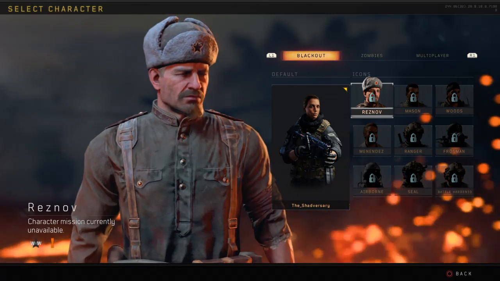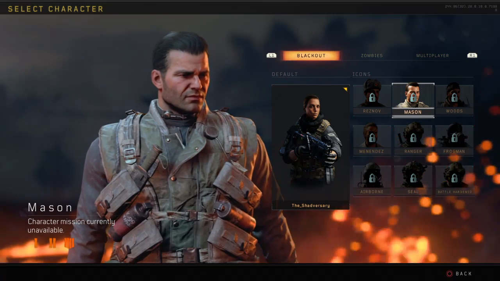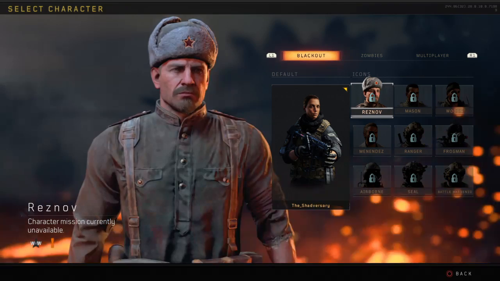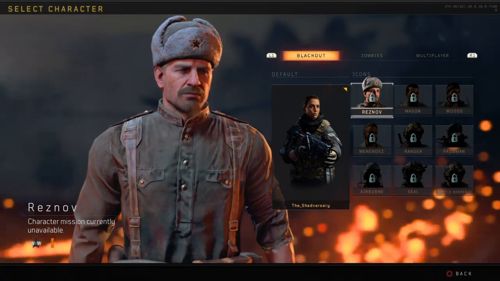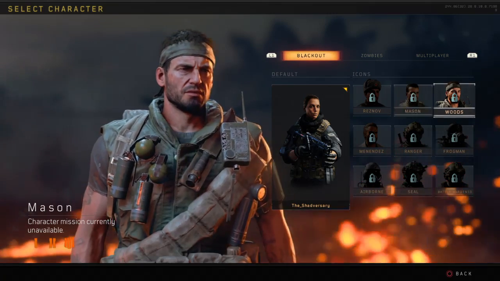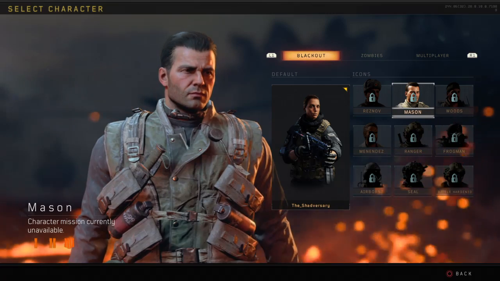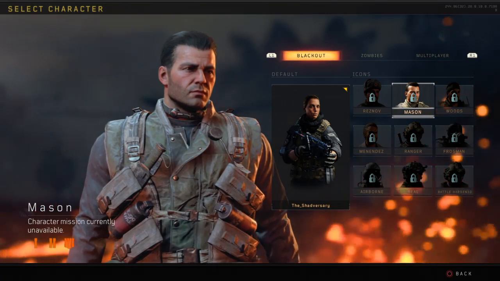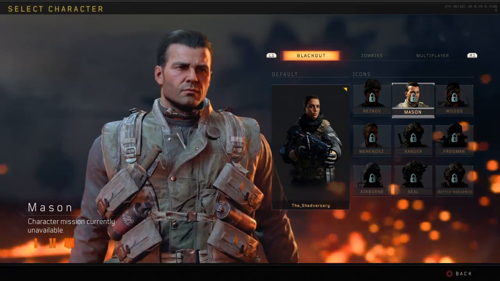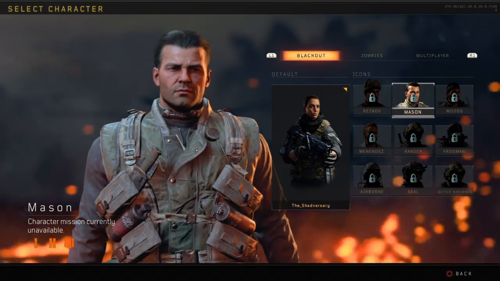I haven't figured out just yet how to unlock these characters. You got Mason from the original Black Ops, and then Reznov from World at War and Black Ops 1, and Woods from... See, they put them in 4, but there's no story to 4. Unless they show up in that weird Heroes mode where you get a little background information on the heroes from the multiplayer, which I think is basically...